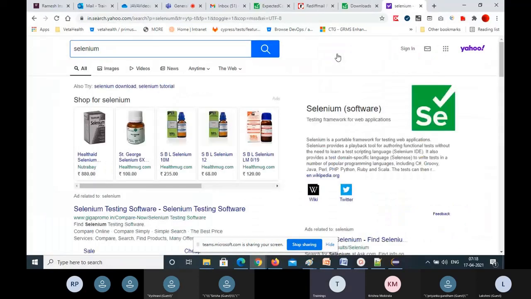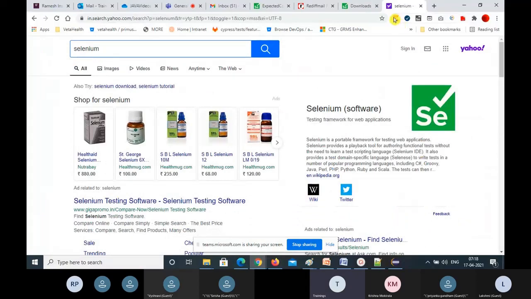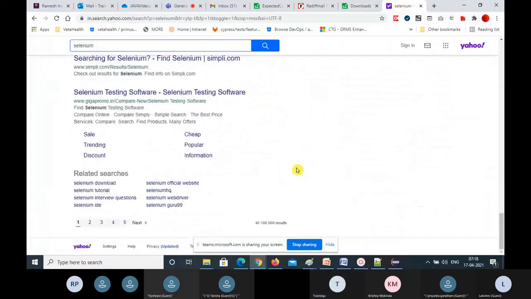Then it will go to the next page. Here you need to verify the page title, and the results count will be at the bottom side. You need to fetch this results count, and extract only the count.